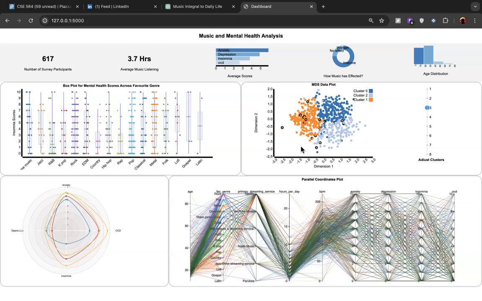Beyond this, we were also observing interesting information through this MDS plot while dragging through it, when we can adjust the clusters. When we choose pie clusters and choose mental health, we can observe that there are mental health cohorts mentioned through these circles with the black borders.